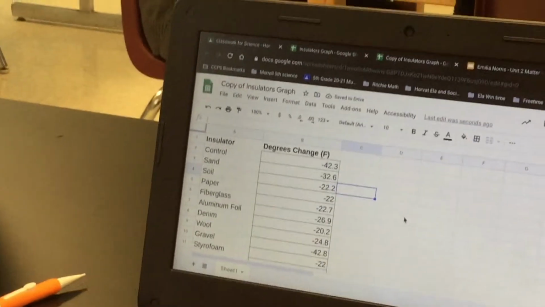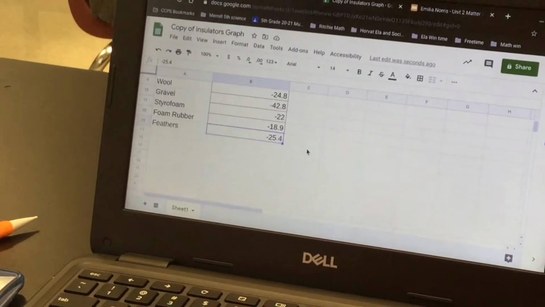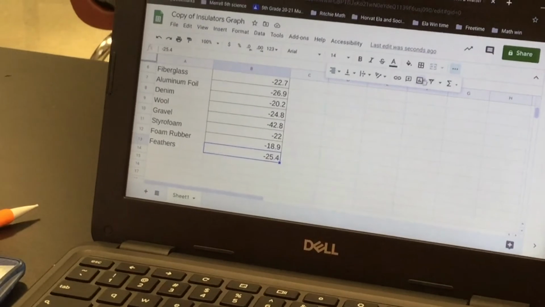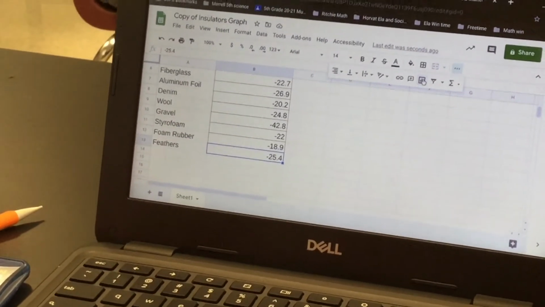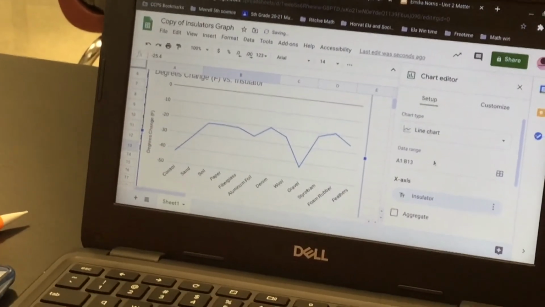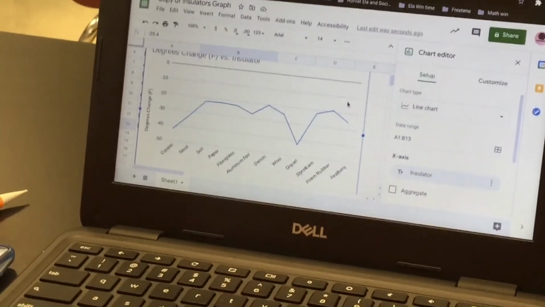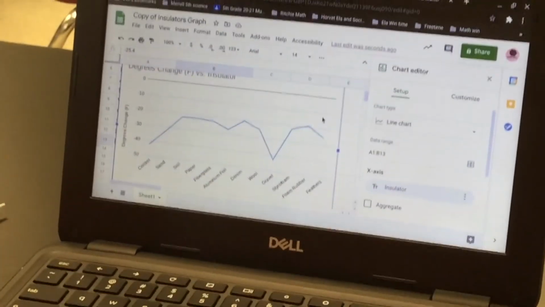Highlight this last box right here. The last box with data, yes. Oh, I get it now. So it's control, sand, and I think. Maybe no. Yes. I know I have to do a chart, but